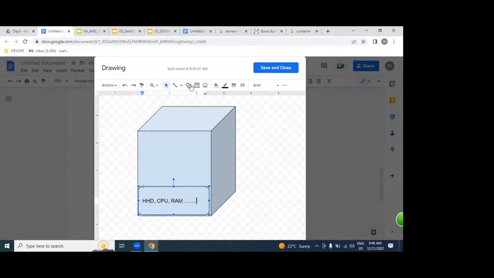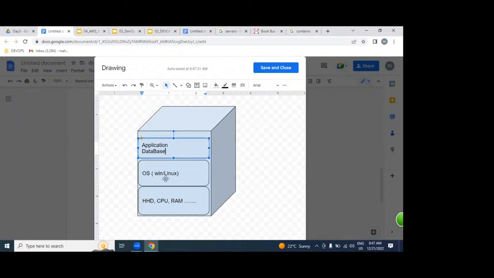On top of this, we are going to create our operating system layer, the OS. It might be a Windows environment or a Linux environment. Once you decide the operating system, on top of it you can decide which application or software to run. It might be an application or web server, application server, or a database server.